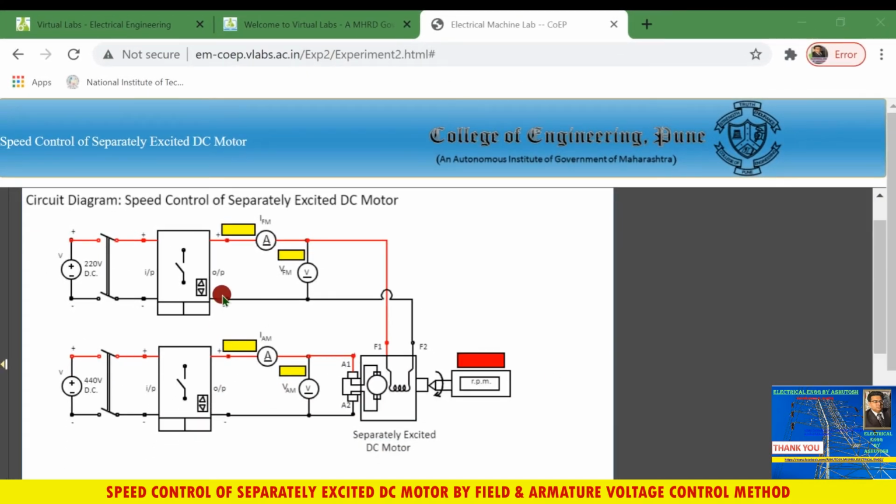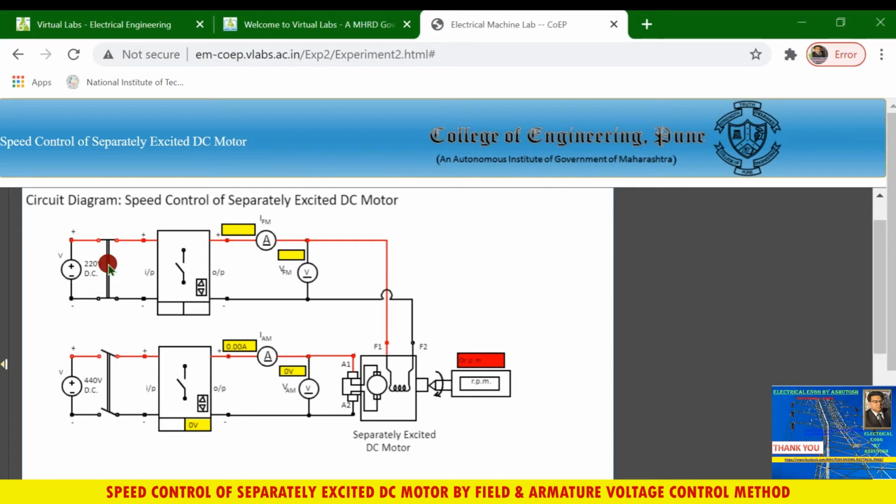What are the steps of connecting the field and armature with the supply? First, in the virtual lab, click on this DPST switch, double pole single throw switch. Then the field circuit gets connected to the supply, and now you increase the level of voltage using this variable voltage device.